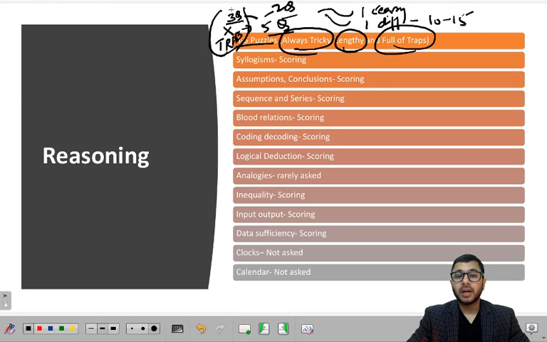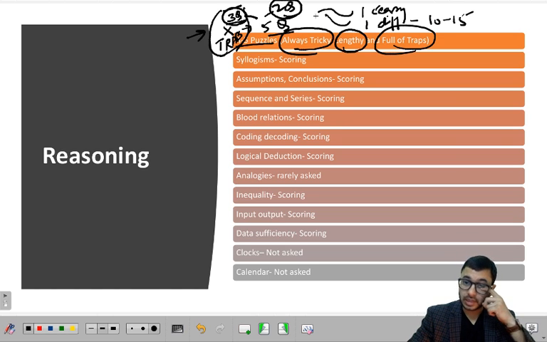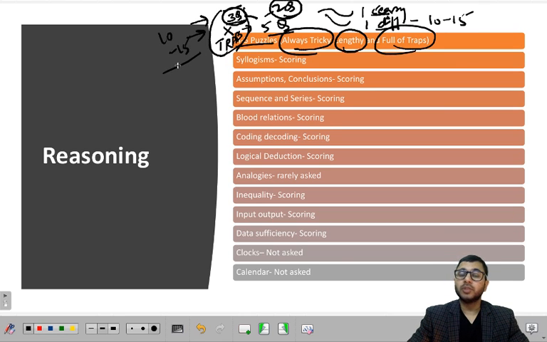What you have to learn when you're practicing puzzles is to identify which of these questions are traps, which of the 5 questions are doable, and then to further identify which one is easy and which one is difficult. That is more important than doing the question. Because if you're stuck in any one of these, you're gone. Your 10 to 15 minutes will be gone. You will not be able to do any question, come to the answer, and then you will start panicking.